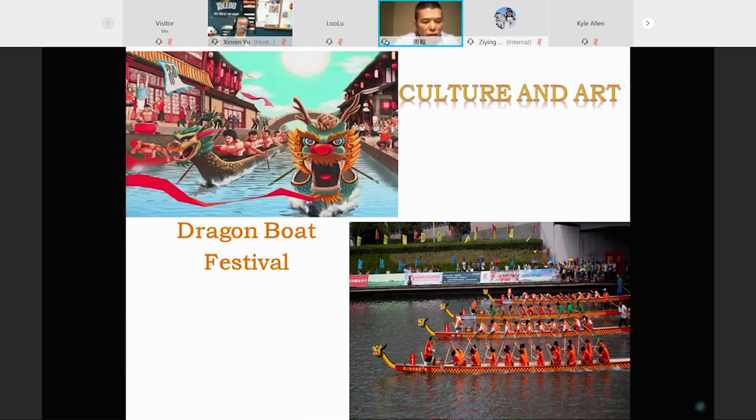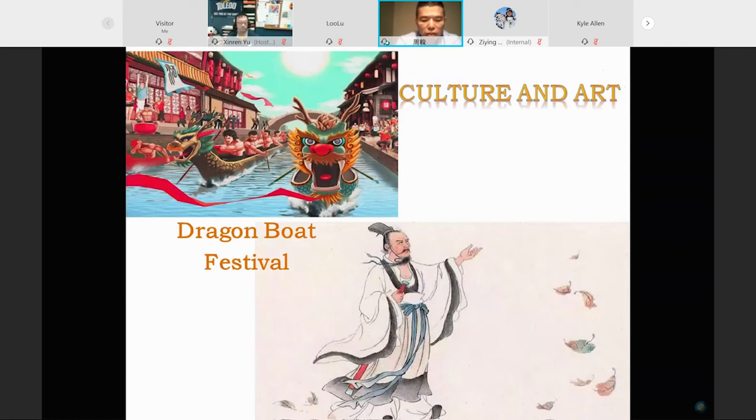Dragon boat. Dragon boat is a watercraft driven by human power, made of wood, and its body is dragon-like with a dragon head. There's a story, guys. We will hold dragon boat racing in our culture. We just use this to commemorate a great poet, patriot. His name is